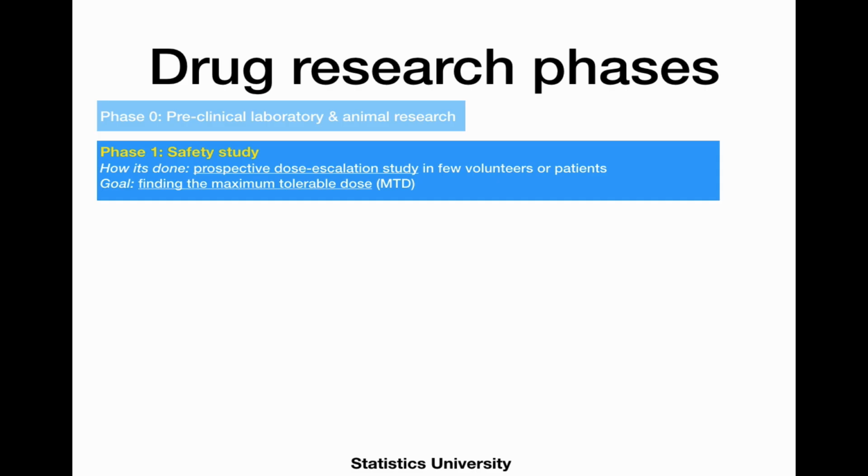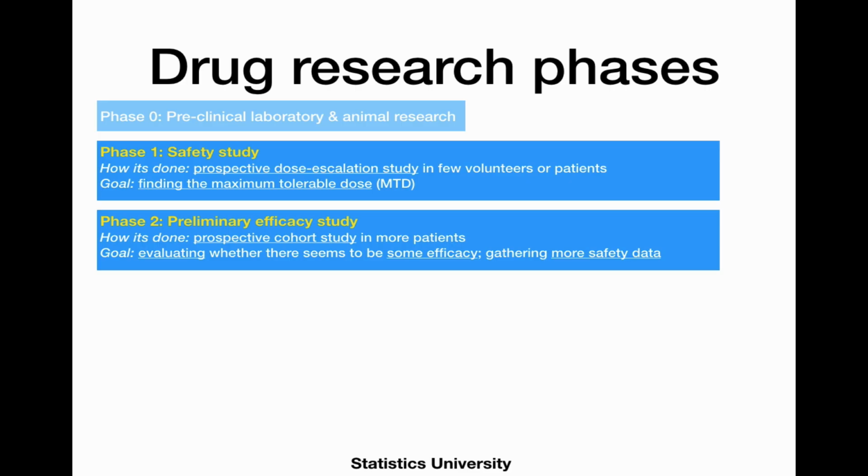And so this is a study that is heavily driven on safety. Sometimes efficacy measures are measured, but they're not the goal of this study. In the phase 2 study, we want to evaluate preliminary efficacy. And usually a prospective cohort study is done in more patients than during the phase 1 study. And the goal here is to evaluate whether there seems to be some efficacy. And the second part of the goal of this study is to gather some more data on the safety profile